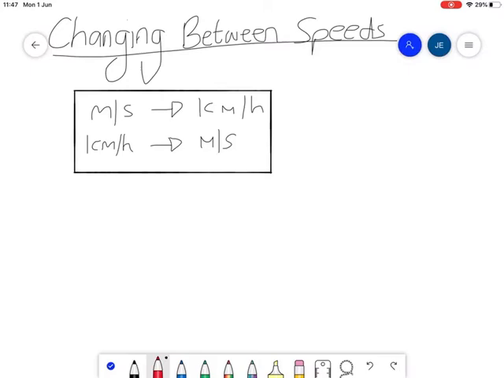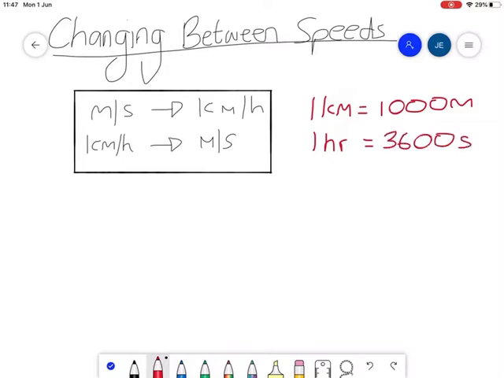So you should know that 1 kilometer is equal to 1,000 meters, and then 1 hour is going to be equal to 3,600 seconds, and that's simply because you do 60 minutes in an hour and 60 seconds in a minute, so 60 times 60 gets you 3,600. So we're going to use these three things just to try and work out what this is going to look like. So if we take 7 meters per second and we want to change that into kilometers per hour,